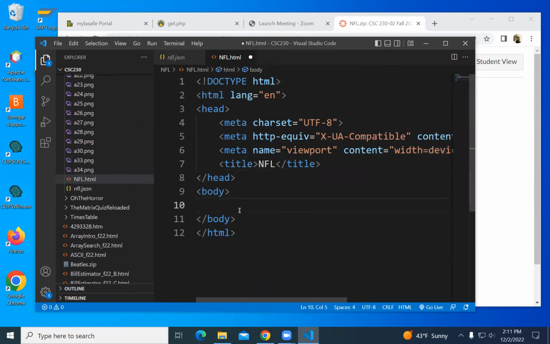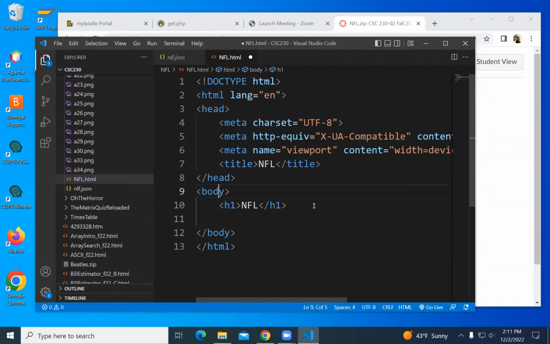NFL and header NFL. What are we going to do? We're going to read the file. We're going to make an NFL object. It's going to be global, and we're going to see stuff.